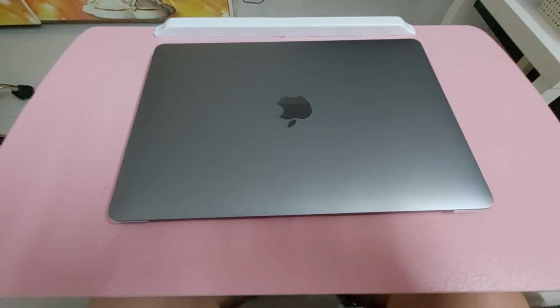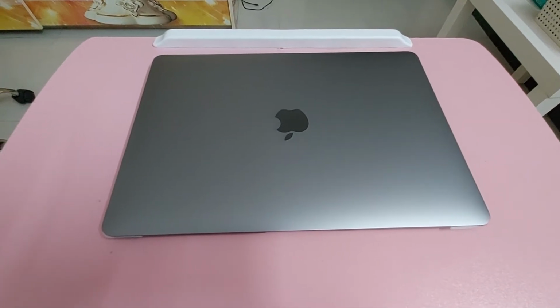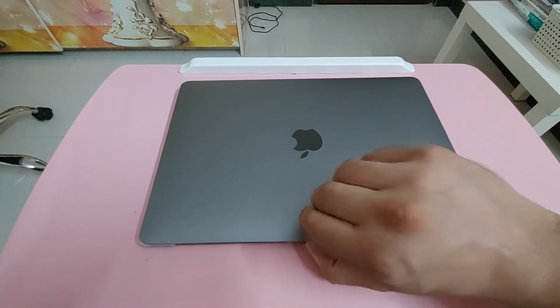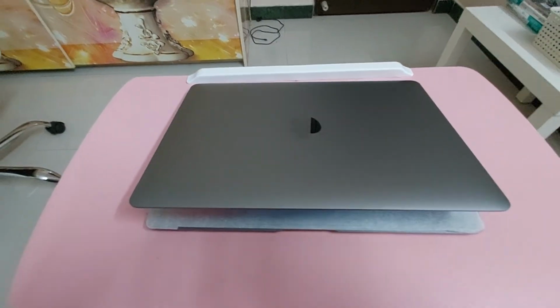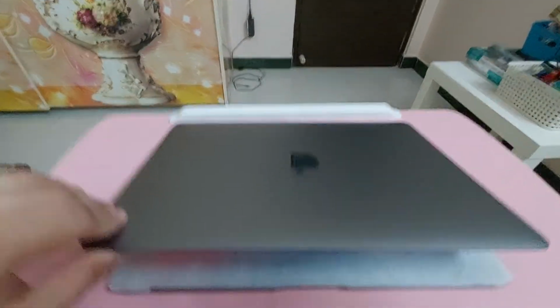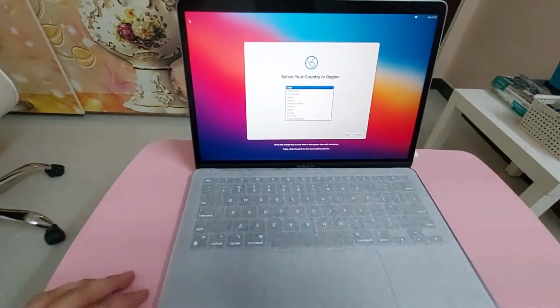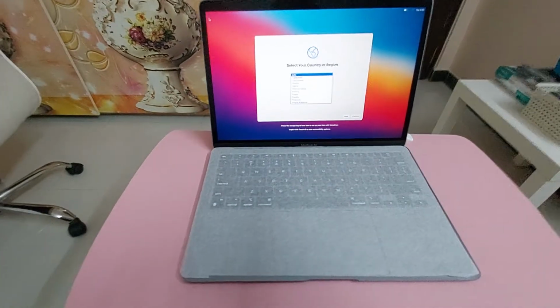This is the notebook MacBook Air 13-inch. I would show this is a brand new notebook. I'll demonstrate the way to start this and how it works, and a little review about this. I've shared another video about the technical specifications and unboxing of this device, and this is more giving you first-hand